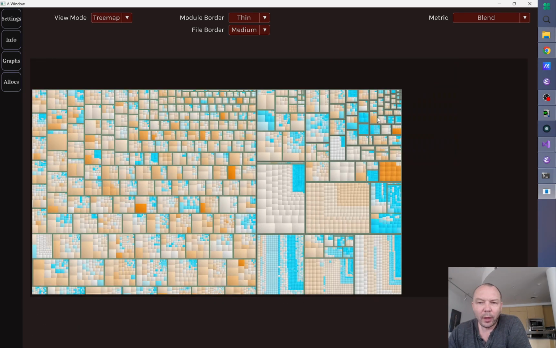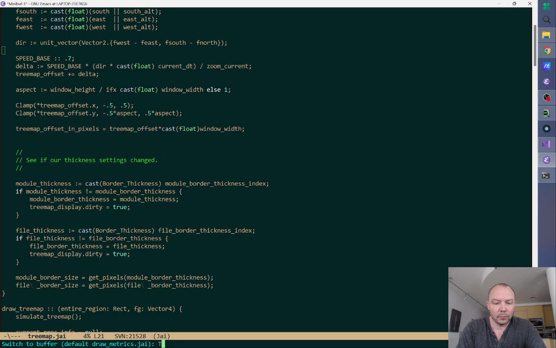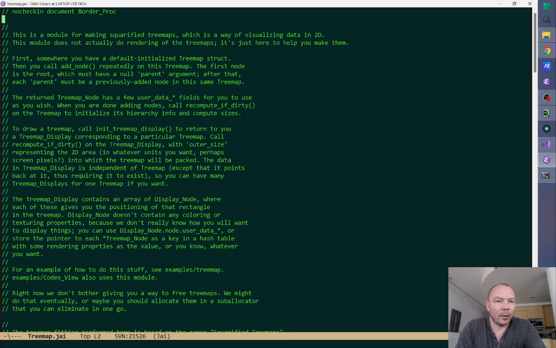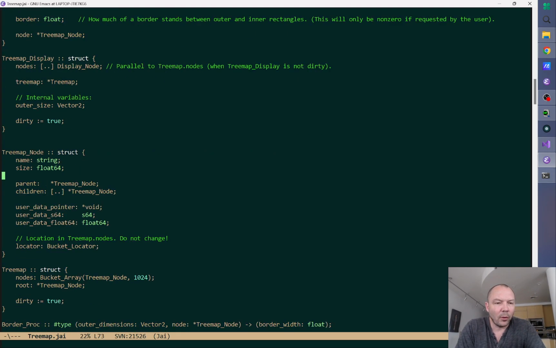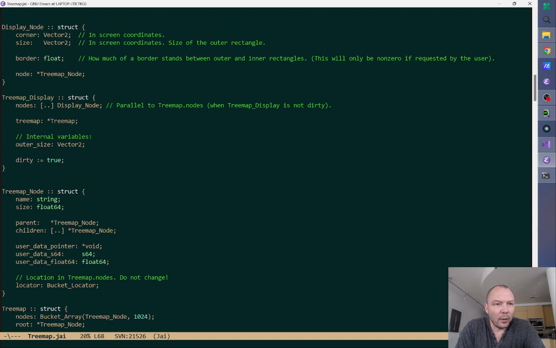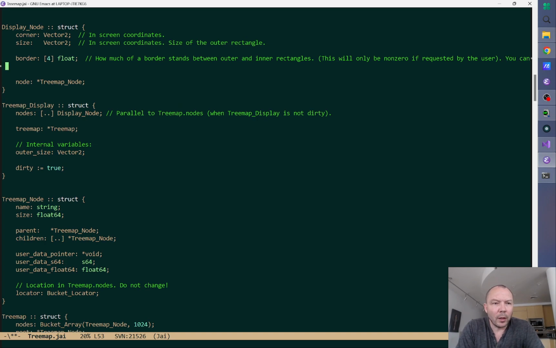Okay, so we're going to do that. And we still have to document it, by the way. So here's what we're going to do. On the display node, we're going to say, instead of border float, we're going to say border for float. You can index this by using